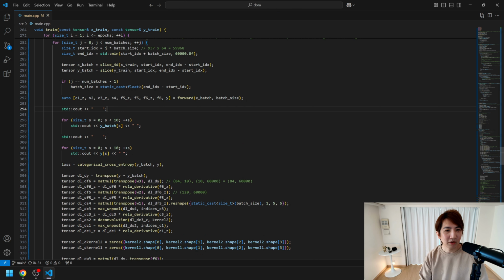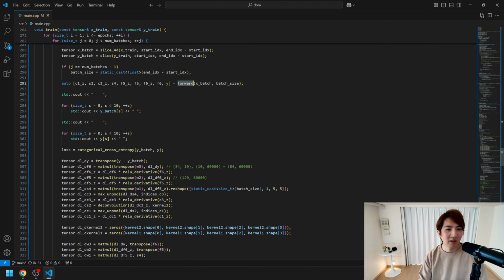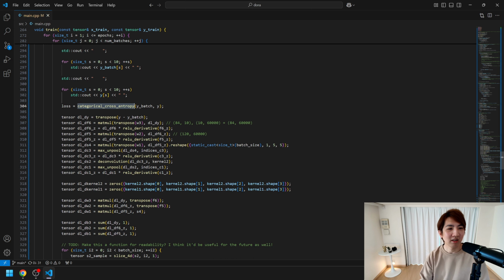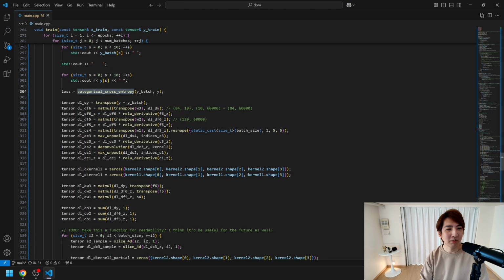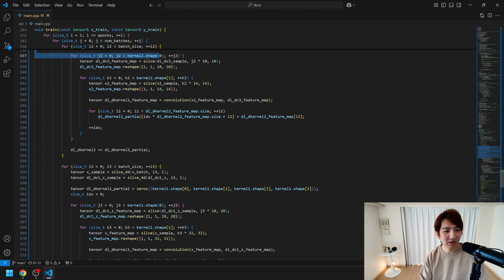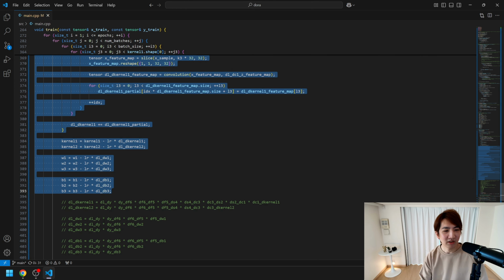So after done with the forward function, we take the y value and pass it to the loss function. I use categorical cross entropy. I think that's pretty common for this type of model or datasets, like classification type models. And here comes from here